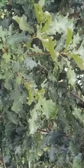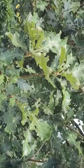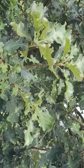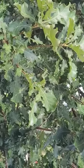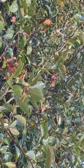And this bur oak is also very similar to the white oak. White oak is Quercus alba, and bur oak is Quercus macrocarpa. So one needs to examine the acorn to really pinpoint which species, whether it is macrocarpa or it is alba. And here you have the cockspur hawthorn,